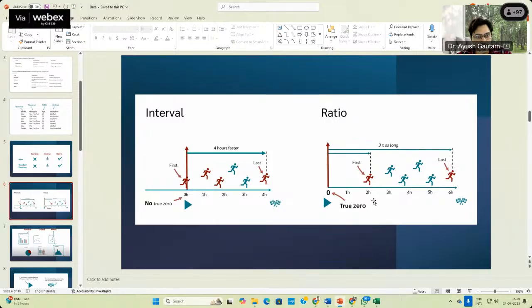Does the difference make sense, or does anyone have a doubt up to here? Yes, sir. Okay, so actually this is the difference between interval and ratio data. Now how has this difference been implicated? Yes, Nitin, please. Nitin, please tell me what your doubt is. Do you have a doubt in ordinal or the metric data, or in the interval and ratio data? Okay, yes, please write.